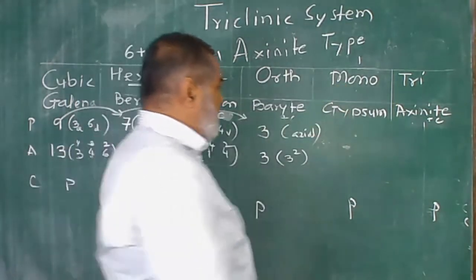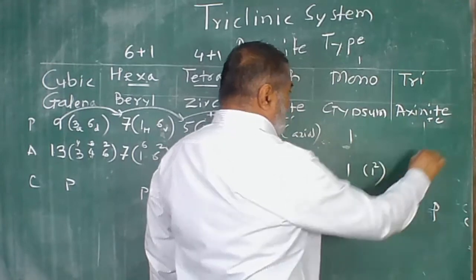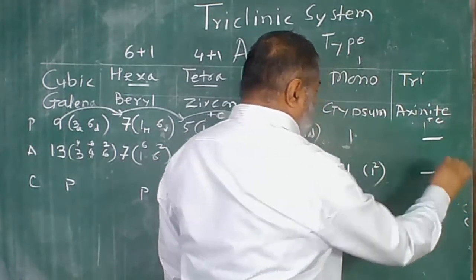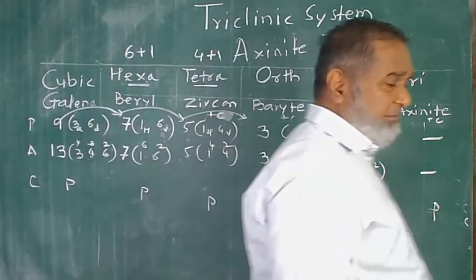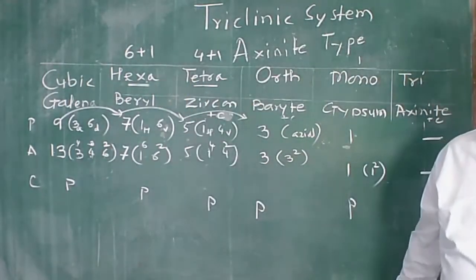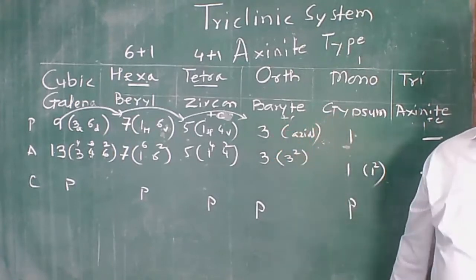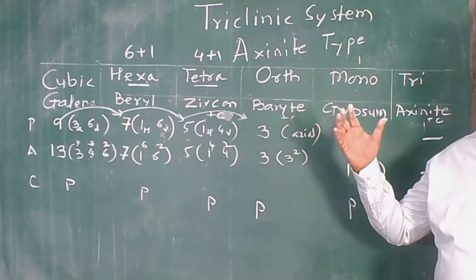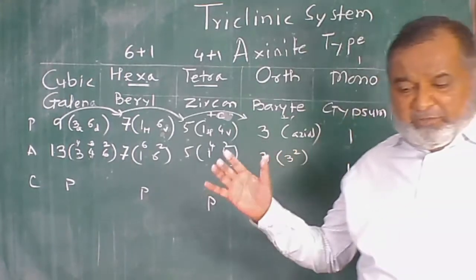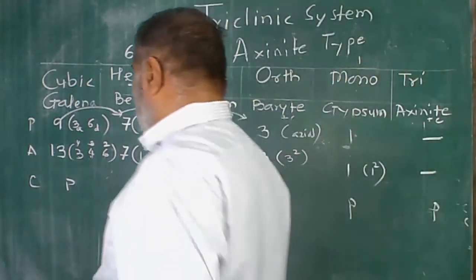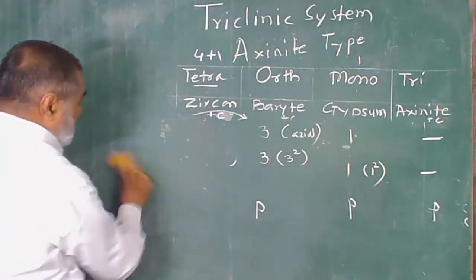Then mono means 1. So 1 plane, 1 axis. It is a maximum of 1 of 2 fold. Here no plane, no axis, center of symmetry is present. So this is at a glance what we have, the comparison between the normal classes with reference to the crystallographic axes, their relation, and the form, whatever the elements of symmetry there are. So that's what we have. I have made a quick revision so that you can get the idea.